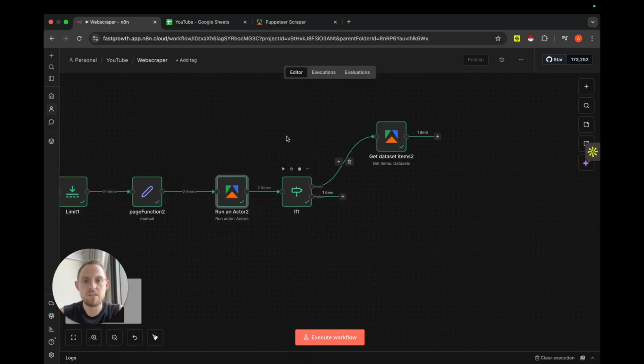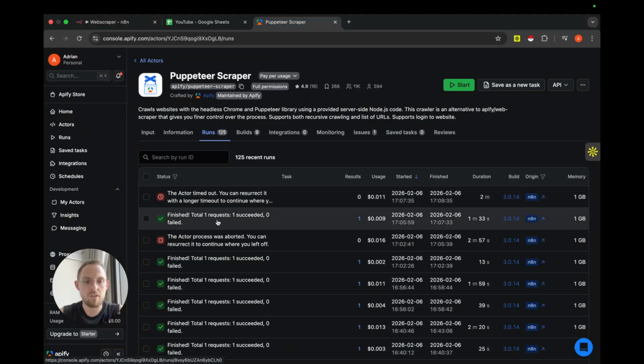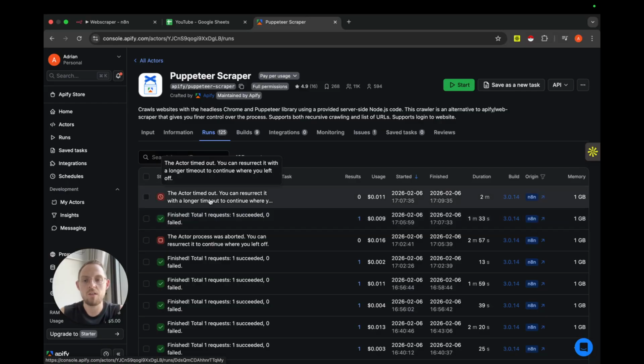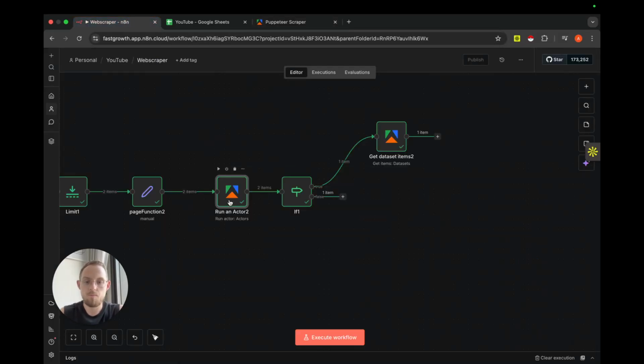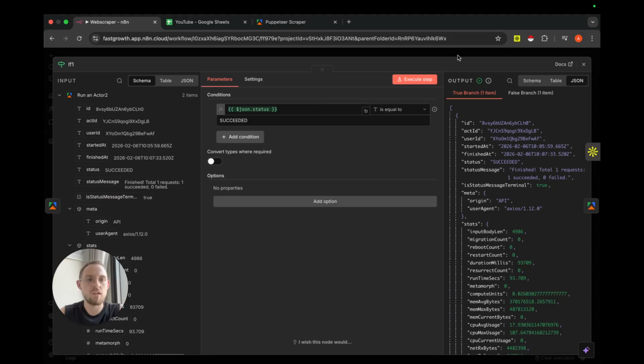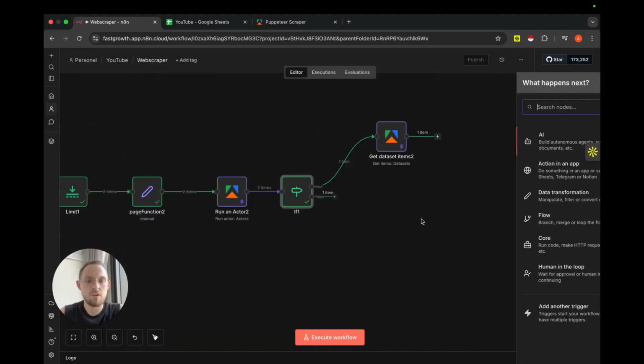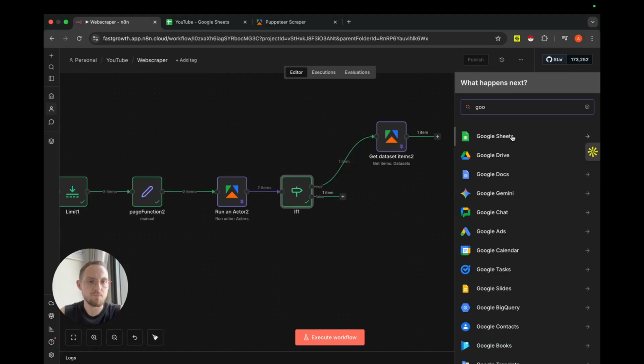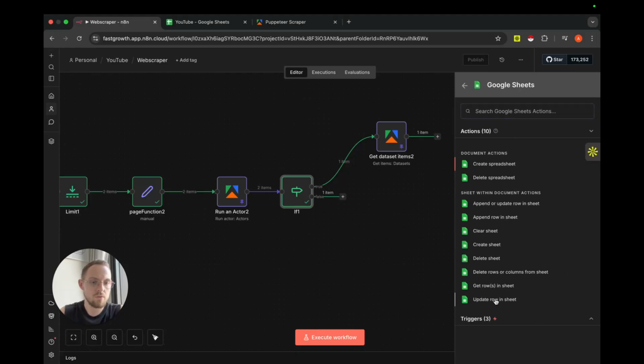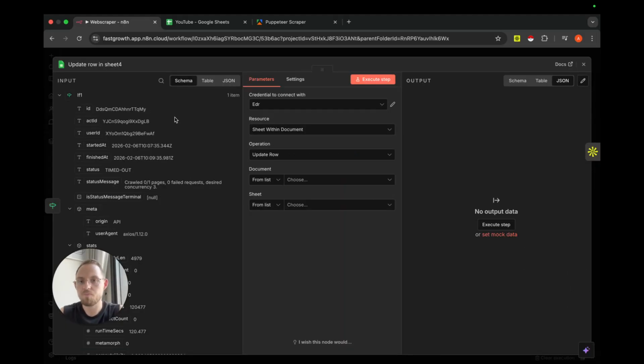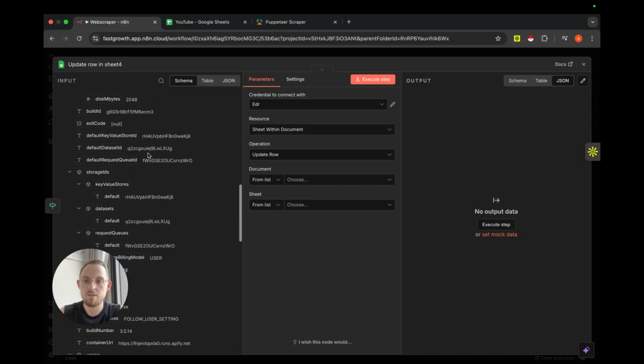So as you can see, we have one request from which we got the content from the website, and one that got timed out. Just we will pin the data here, and that's why I put the if statement, because right now if it's false, all we can do is to update the row. Because if the request